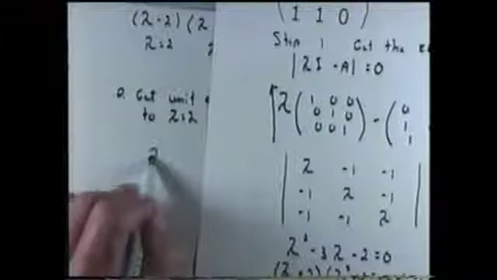Well, going back, now this is the determinant of lambda I minus A, but it would also be the matrix if I just take this much of it. So if lambda is 2, that means I'm going to have 2, negative 1, negative 1, negative 1, 2, negative 1, negative 1, negative 1, 2,